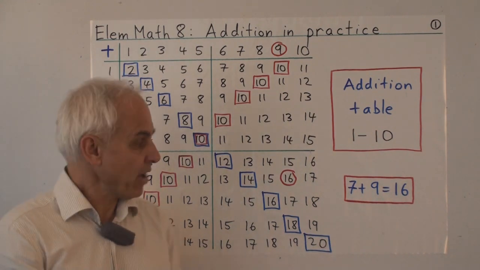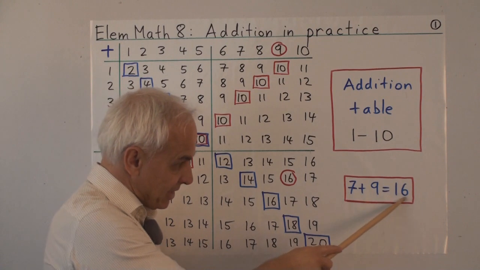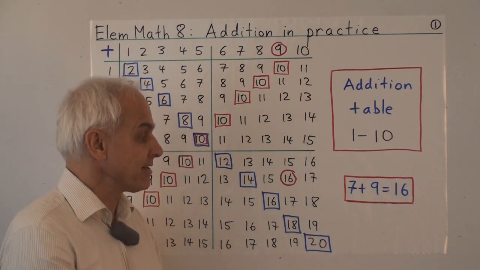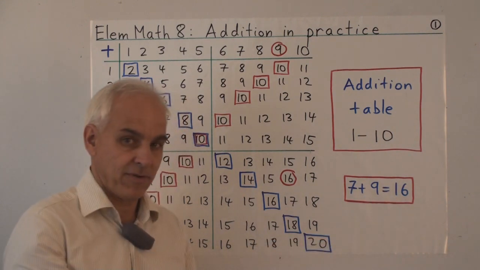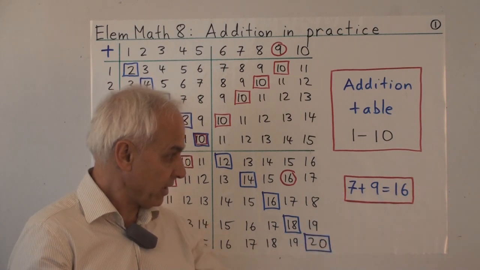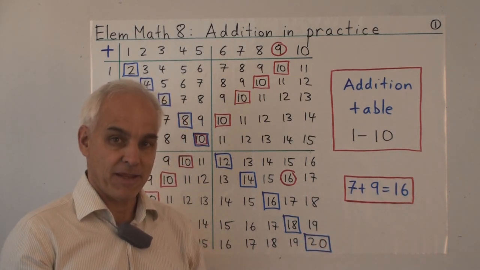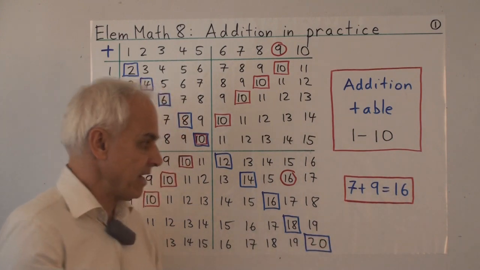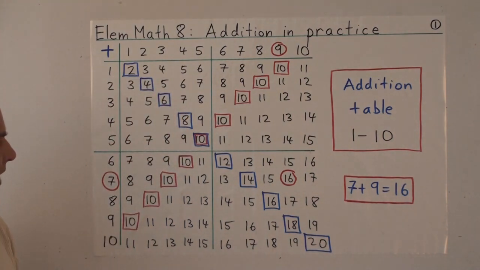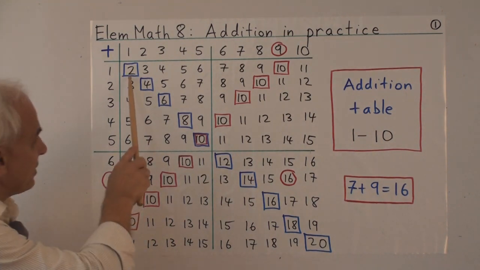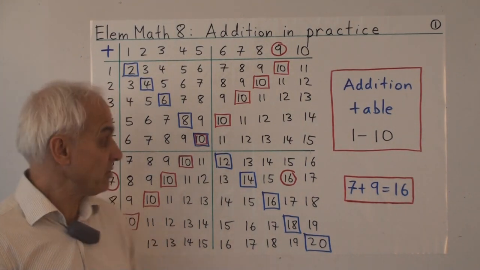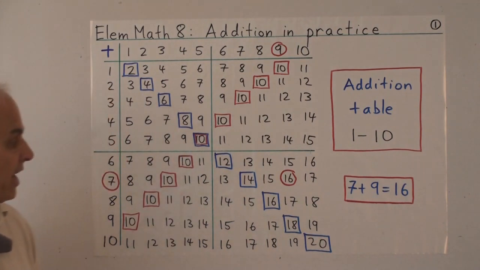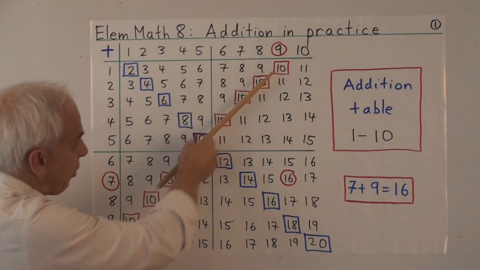And I mentioned, perhaps mischievously, that this 16 could also be named in a slightly different, more logical way by calling it 10-6, because that corresponds more clearly to what it actually is written in the Hindu Arabic form. 10-6, same as 16. And I did also point out a couple of interesting features about this table that were worth noting. The diagonal is particularly important, as we're going to see today. Those numbers are rather special. Those are the even numbers appearing down the diagonal. And this cross diagonal is also important.